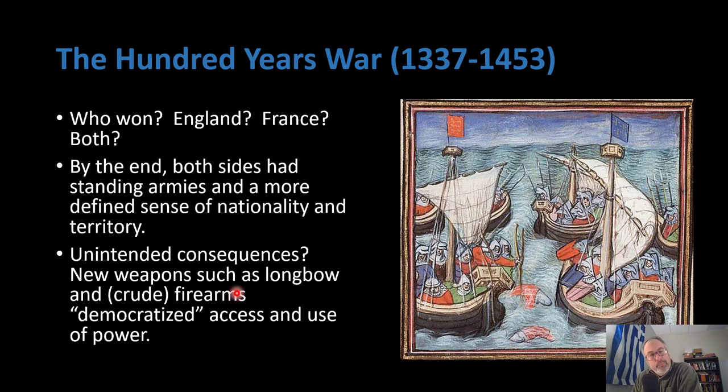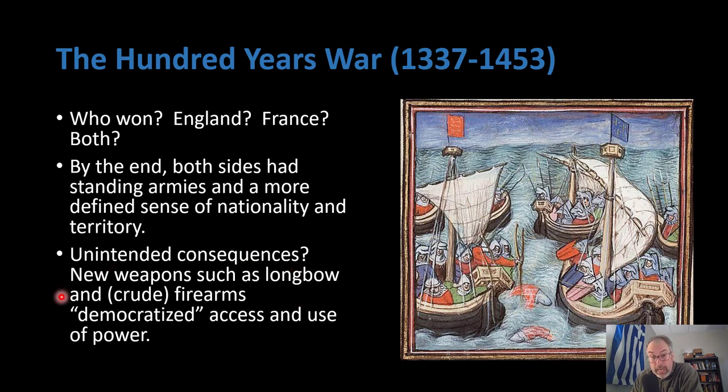You might have heard the phrase "necessity is the mother of invention." If a culture really needs something, that's going to push for the invention of new things, new concepts, new tools, and the like. And this was no exception. And so, in trying to get an advantage over one side or the other, the longbow is invented. Some of the early crude firearms are invented as a way of, again, the English lording it over the French, or the French lording over the